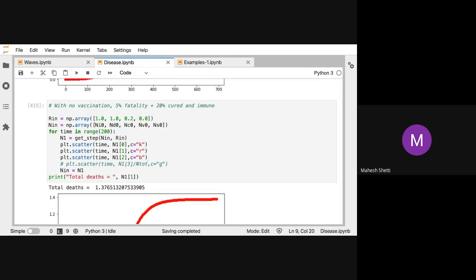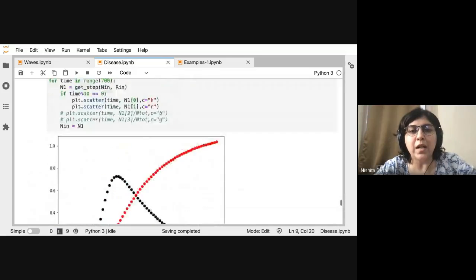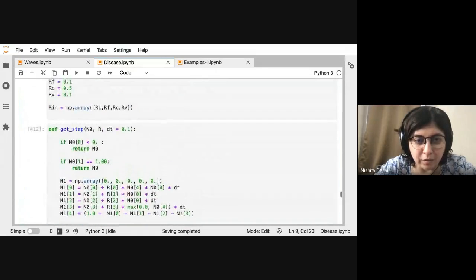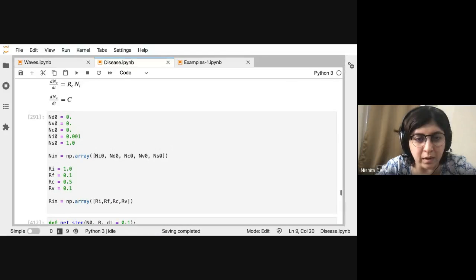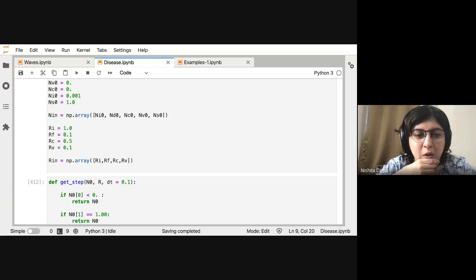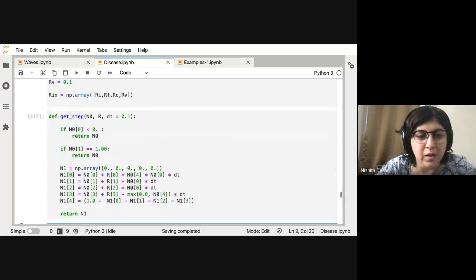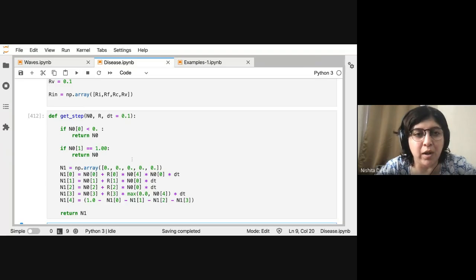So there are no immediate questions on the chat. Actually, the earlier version of this code I had, instead of having these as fractions, I actually had them as numbers, and then I was dividing them by the total number. So I think that does not have this problem of normalization. Maybe I'll try that out again, and hopefully that should work.